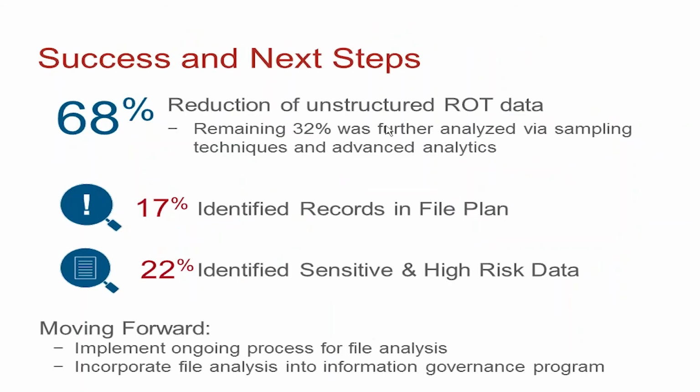So let's take a quick look at what some of the results this client saw from this initiative that they put together. So at the end of their project, what they were able to do was,